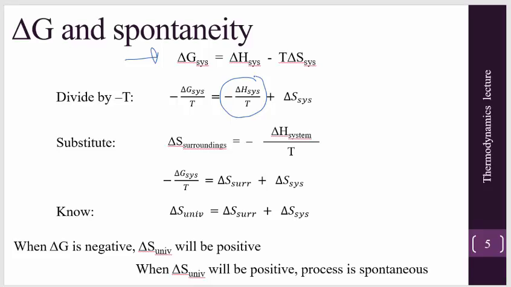We have system and surroundings, and the change in entropy of the surroundings is related to the enthalpy. So we substitute that particular equation in to get this. So our change in delta G of the system and the temperature are related to the change in entropy of the surroundings and the change in entropy of the system. Then we also have these changes in entropy of surroundings and system equal to the entropy of the universe. So now